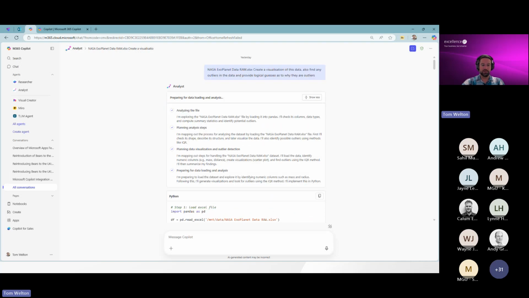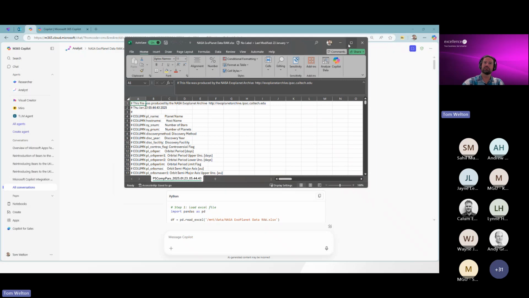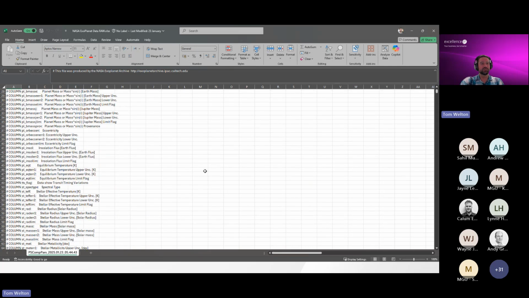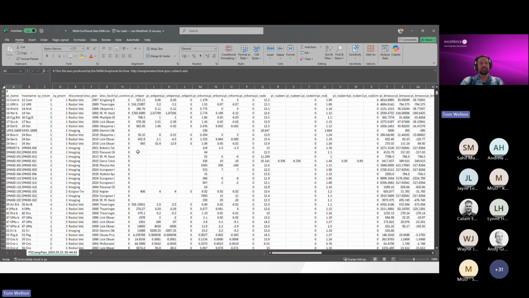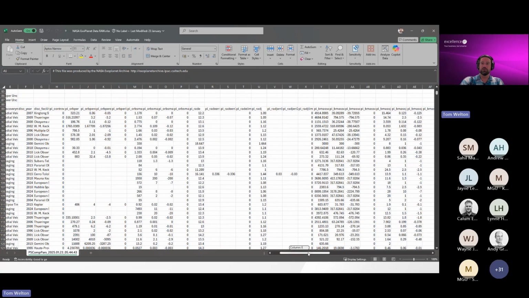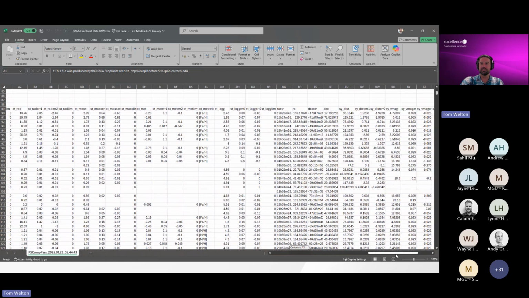So I'm going to scroll to the top here, and I'm going to show you the document that I used for this. This is a publicly available document from the US space program at NASA on exoplanets. Just to be a little nerdy here and share with you one of my passions in outer space and astronomy. This is 5,800 lines, 78 columns of scientific data. This is about as complex of a data set as you can get,